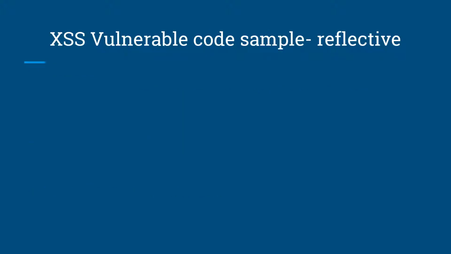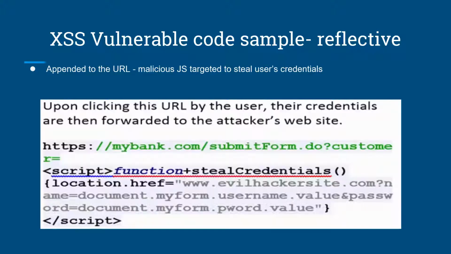Now, if we take a look at the way some of these cross-site scripting attacks are done, we can see that there is a legitimate URL. In this example, it's mybank.com with submit form. But appended to that is usually some sort of location redirect that will send the request, or send the cookie, to the attacker's website. And of course, that can lead to session fixation and other types of attacks that we discussed before.